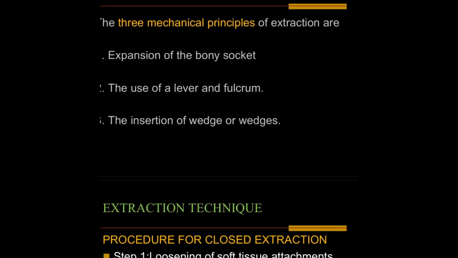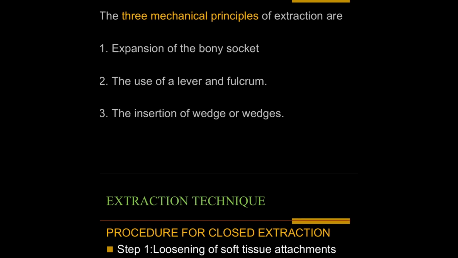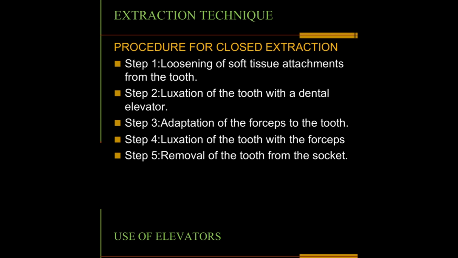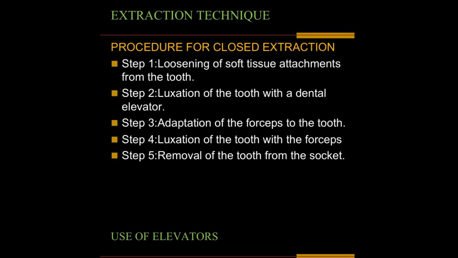Then, mechanical principles of extraction. There are three mechanical principles of extraction: expansion of the bony socket, use of a lever and fulcrum, and insertion of a wedge or wedges. Procedure for closed extraction, or simple extraction. Step 1 is loosening of soft tissue attachments from the tooth, luxation of the tooth with a dental elevator, then adaptation of the forceps to the tooth,